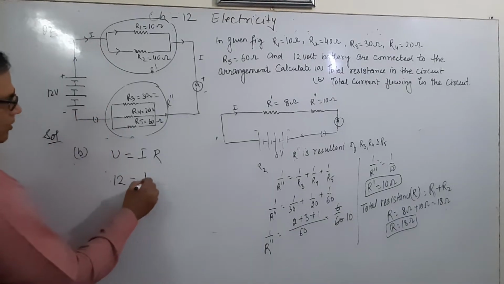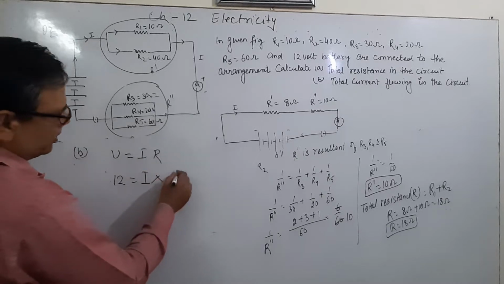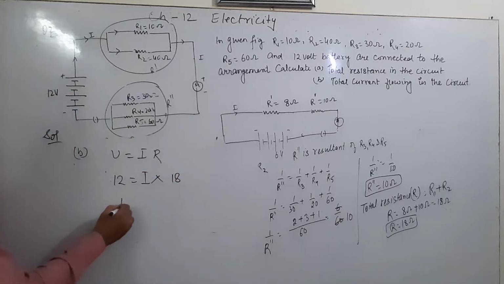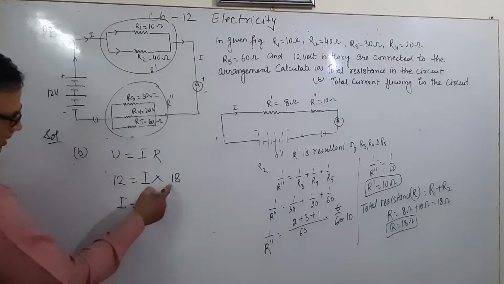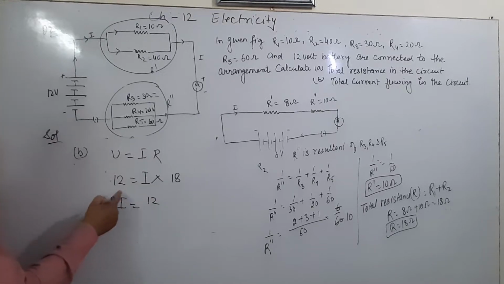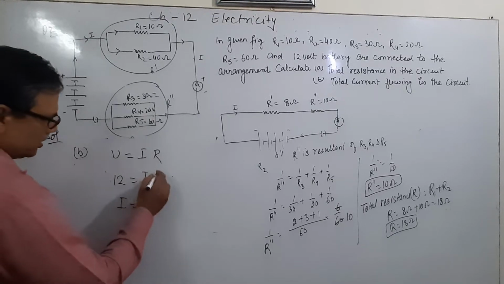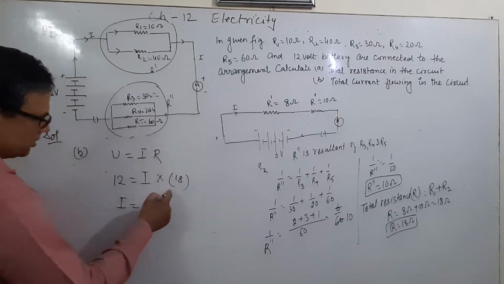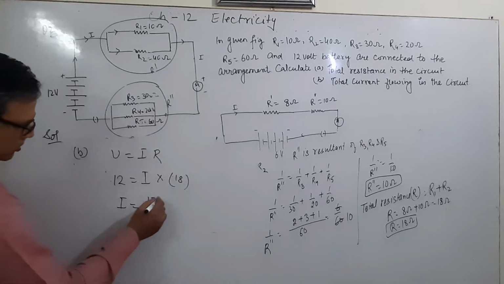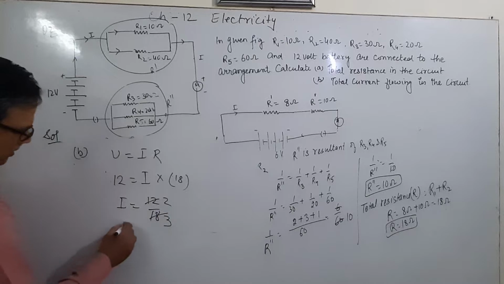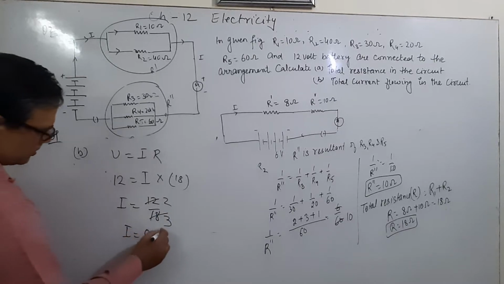Is equal to I, which we have to find out. And R is equal to 18. So I is equal to 12 divided by 18. It will divide by 6: 6 twos and 6 threes. So what is your I? Is equal to 0.67